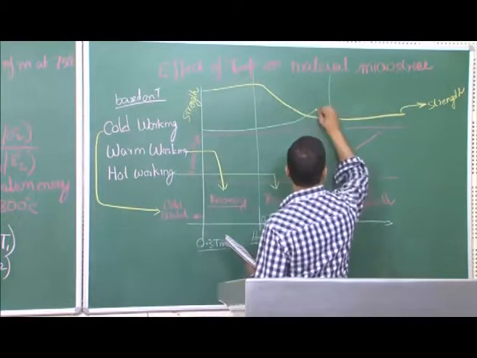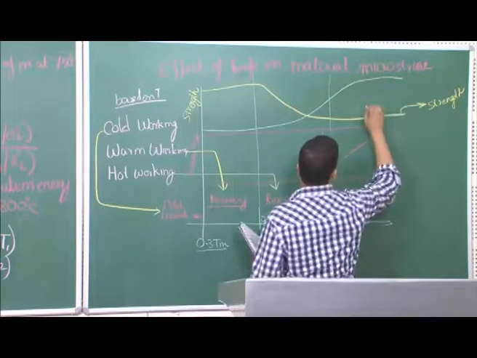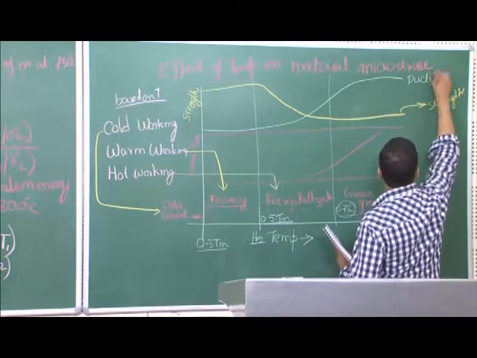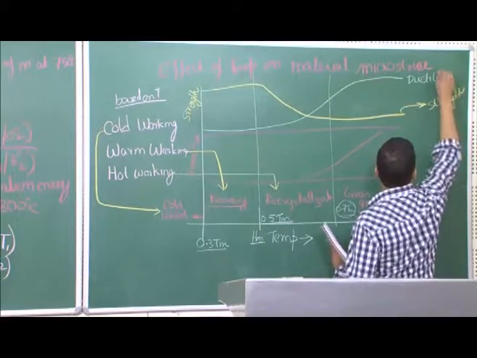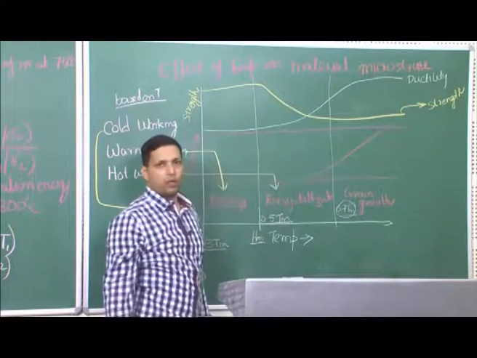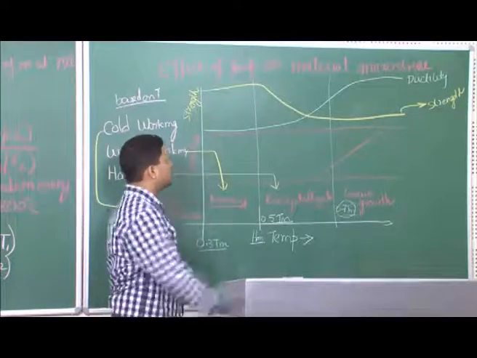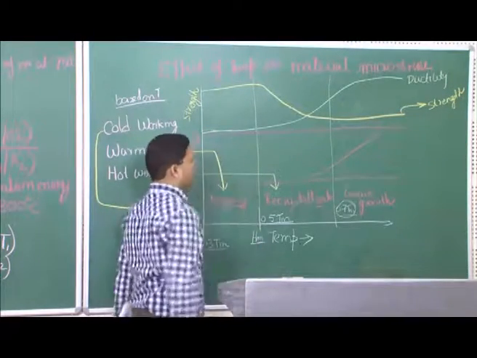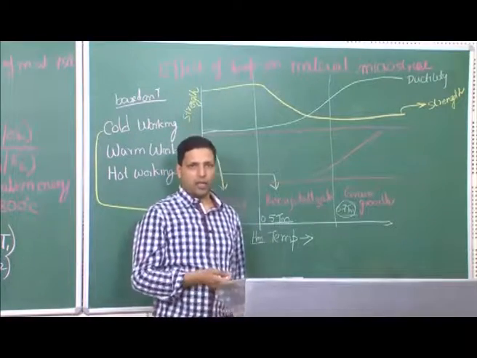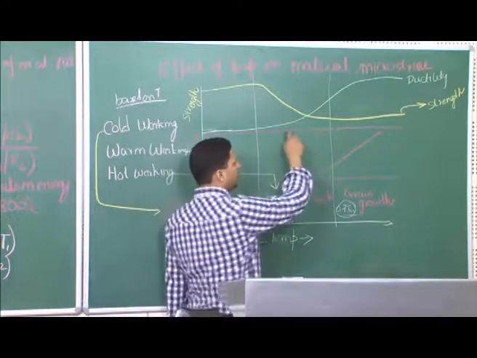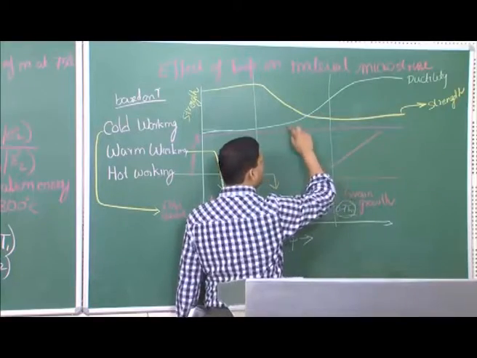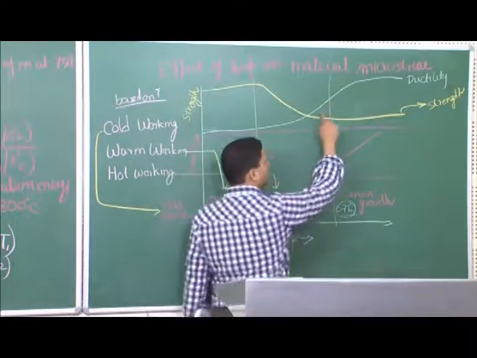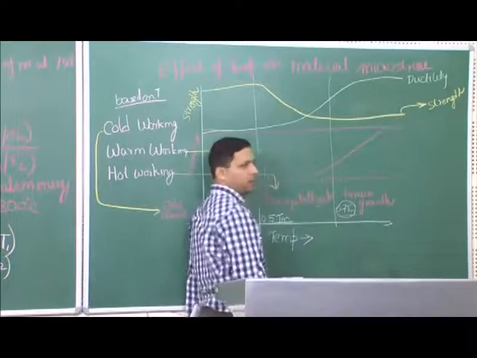Ductility is in effect the inverse of strength. Whenever you have large strength, the ductility of the material goes down, and when the strain free grains start to form, then ductility starts to increase. So, your ductility starts to increase again in the recrystallization zone, and it regains complete ductility in the grain growth